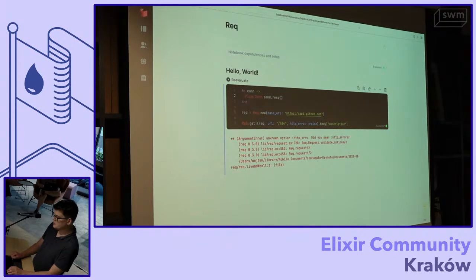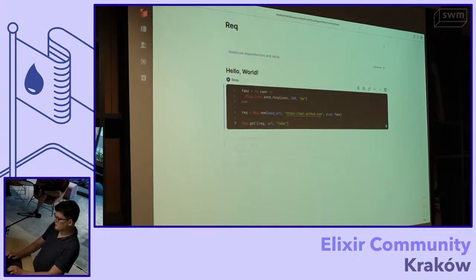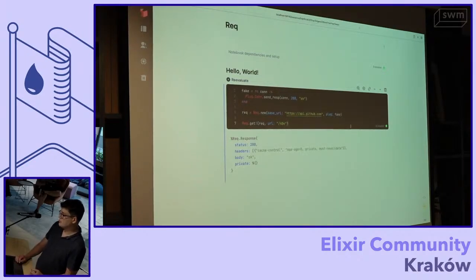So we support this with Req as well. Basically, we can do this. So let's save this off as a fake, and let's add this plug option here. And now what is going to happen is, let's remove everything. Now instead of hitting the network, Req is just going to hit the plug. So this is pretty useful for tests.